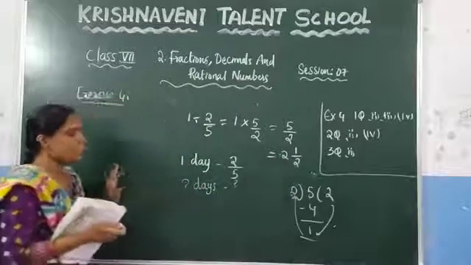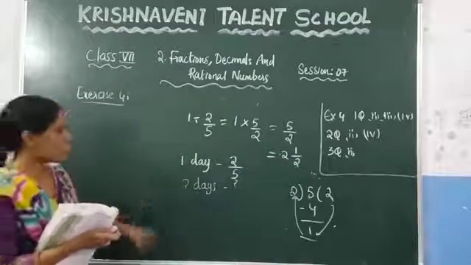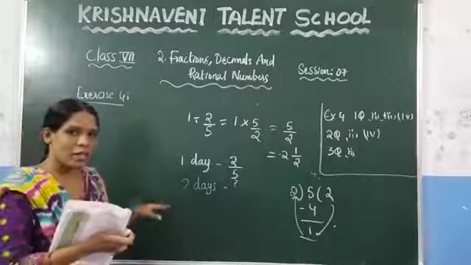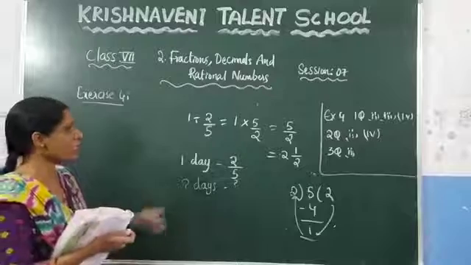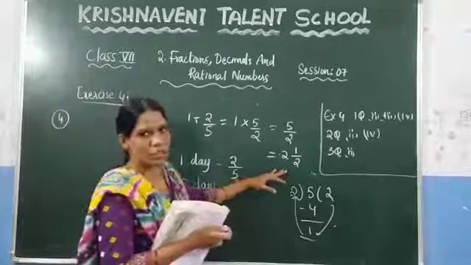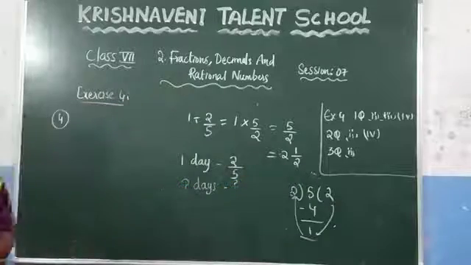What is given here? In one day he painted 2/5 of the house. How many days is he required to paint the whole house? They are asking. That means you need to divide these two, so that he can paint the whole house in 2.5 days. Now write this answer.